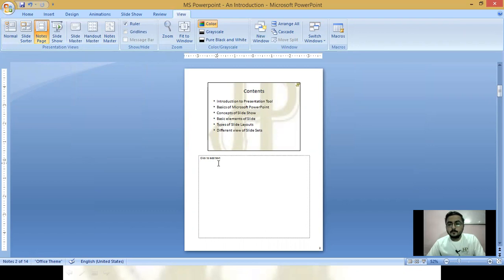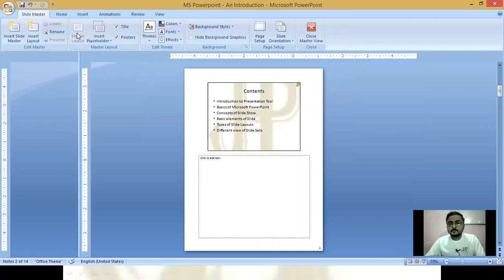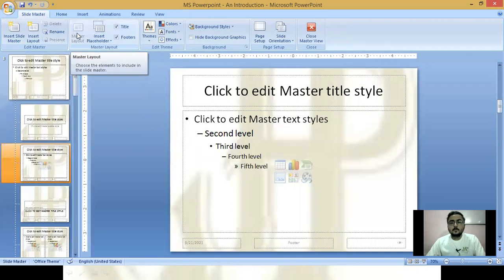If you want to give your PPT as notes. Slideshow, if you want to present your PPT to the people, then slideshow can be used. Slide master, here you can see various levels available. Okay,